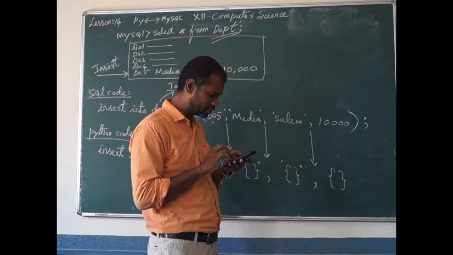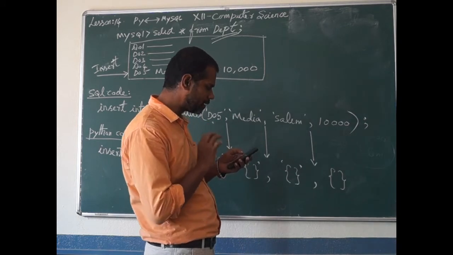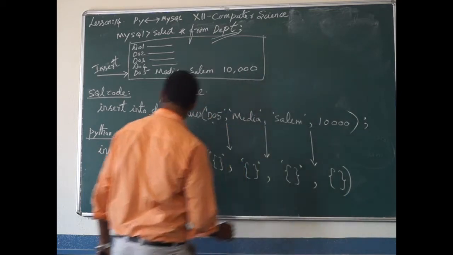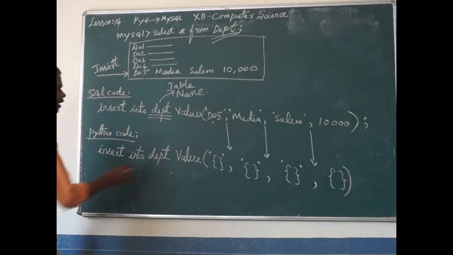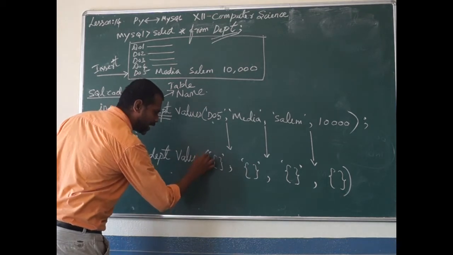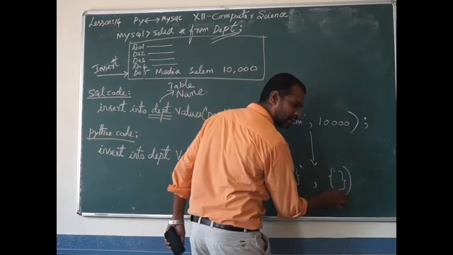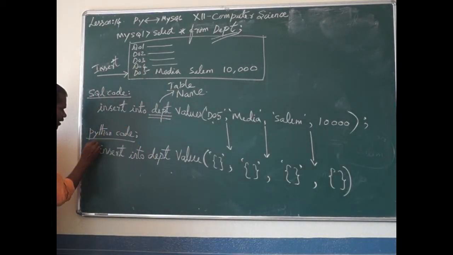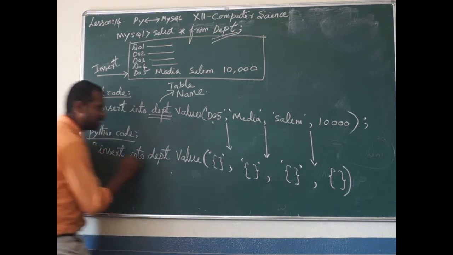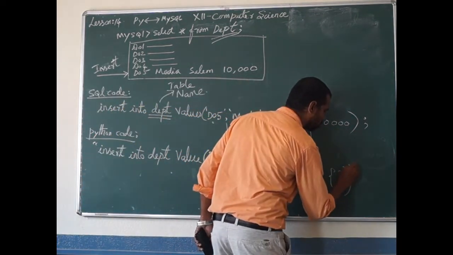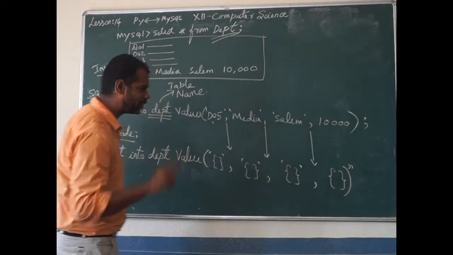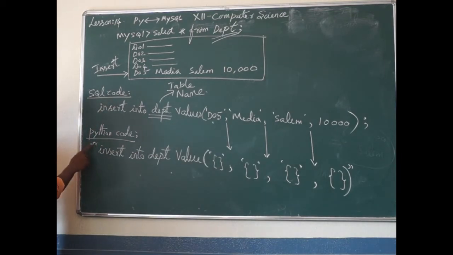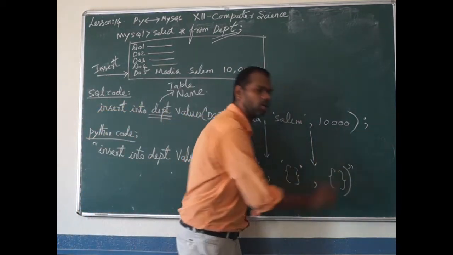After you finish, you have to close the bracket, and listen carefully. Here open bracket is there now. Since we have opened the bracket, here you have to close the bracket. And I told you already, in Python code, before the insert you have to give double quotes, and at the end also you have to give one double quote. Understand? Once again I repeat, if it is Python code you have to start with double quotes, and while finishing you have to finish with double quotes.